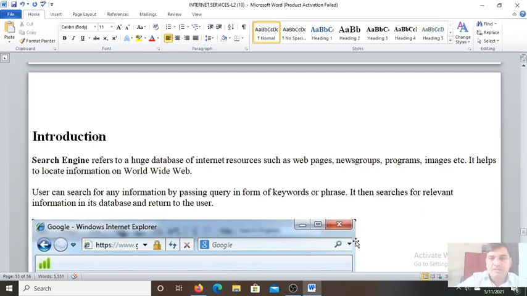So today we'll continue our discussion on lesson 2, Internet Services. Today we'll study the search engine. So what is a search engine? A search engine is an application that helps a user to find information or documents from the vast sea of knowledge